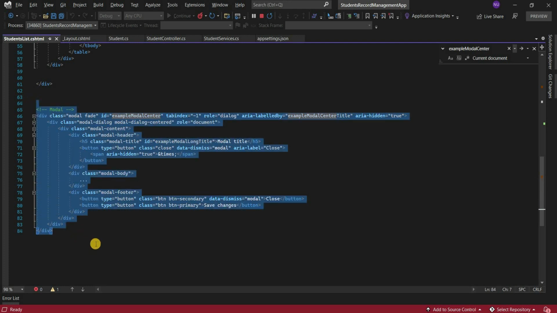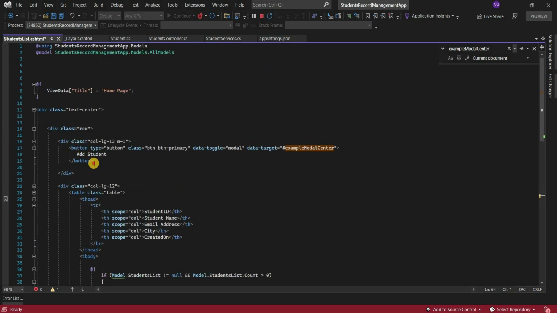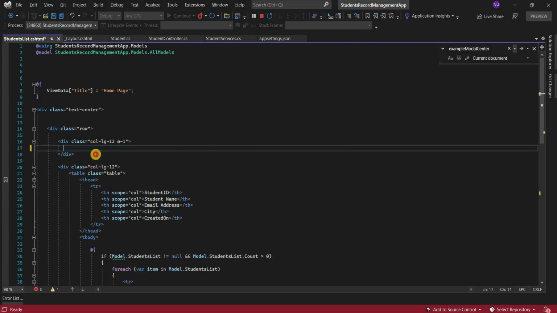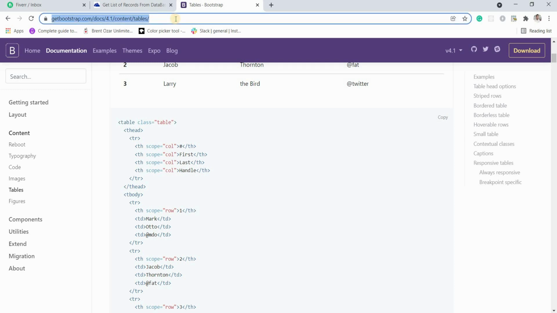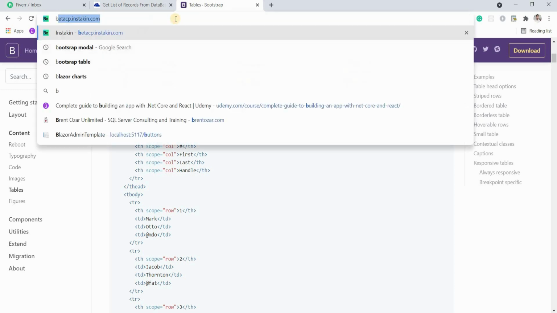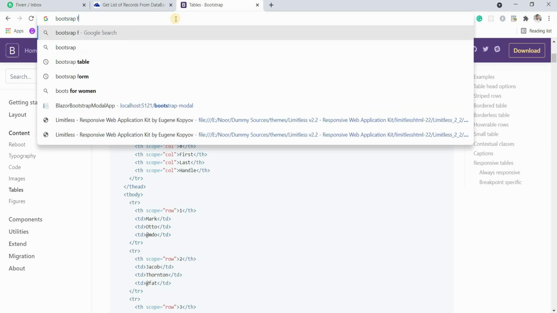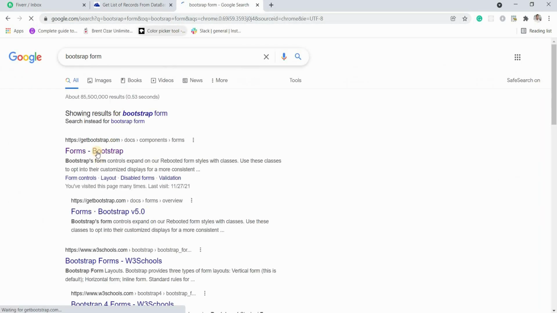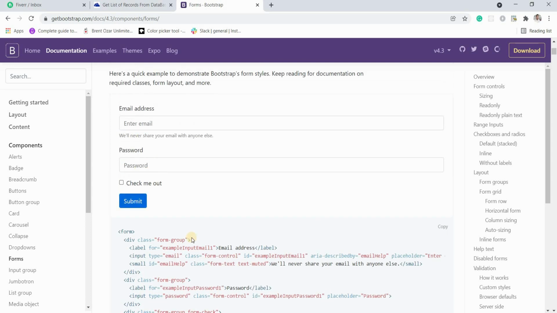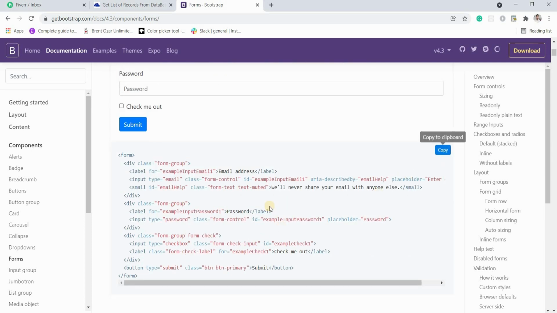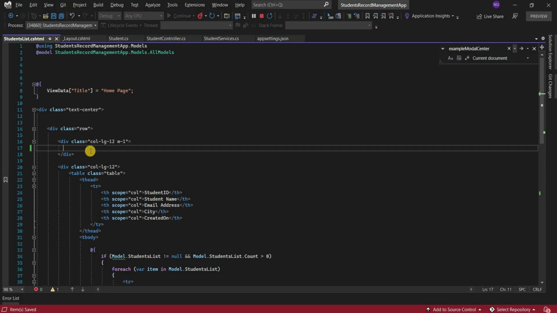Remove this modal because I think there are some missing packages like jQuery, etc. So I don't want to waste our time inside these packages. I will just simply copy a bootstrap form. It is okay. I have to copy the code,